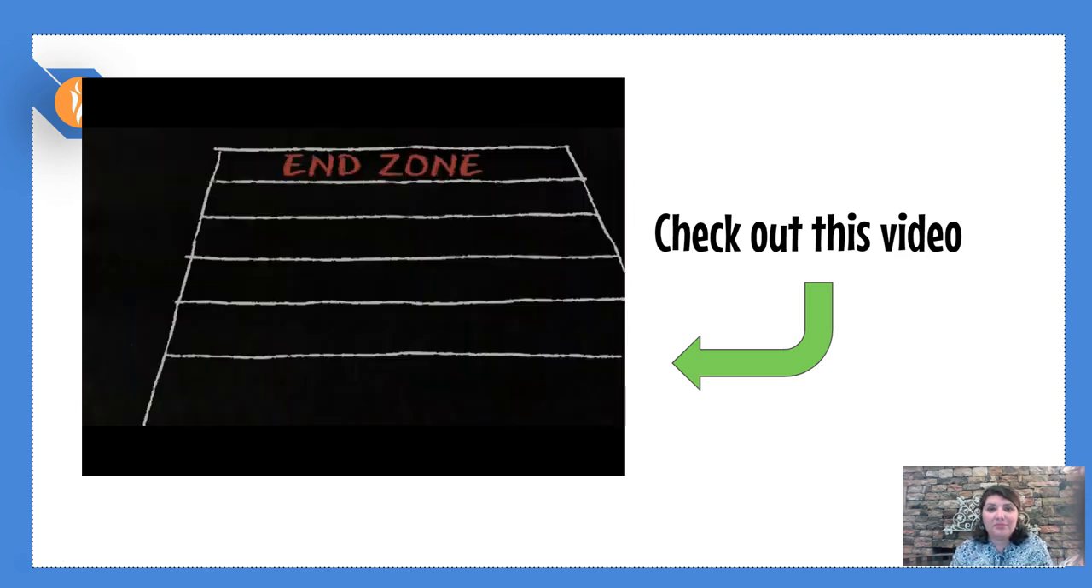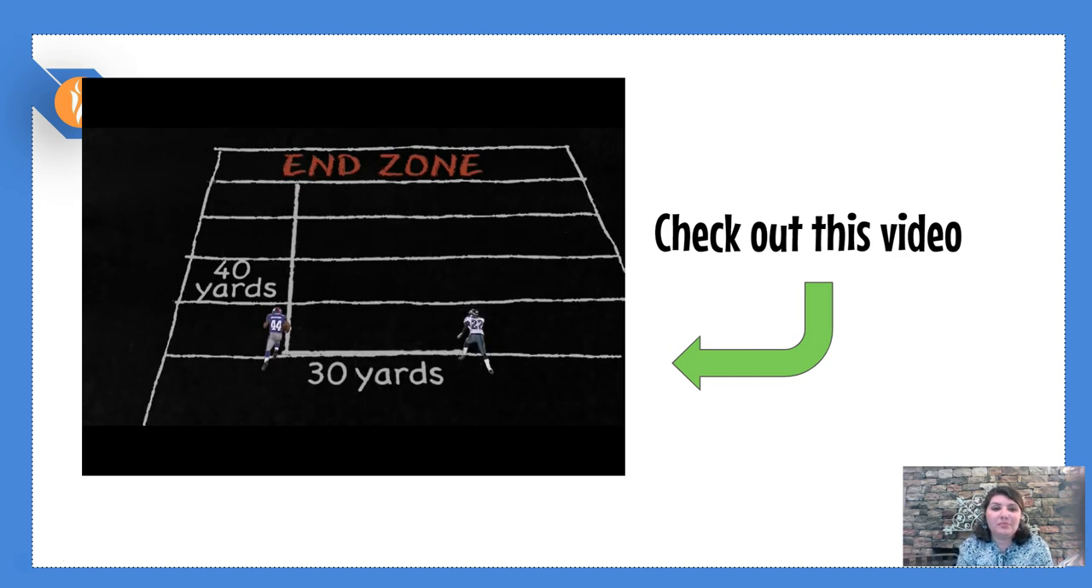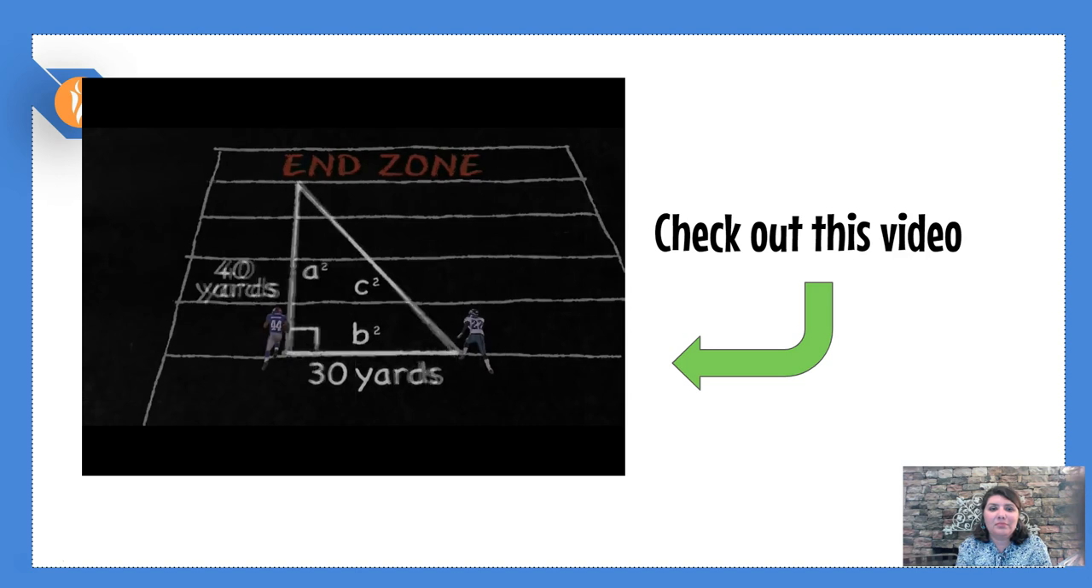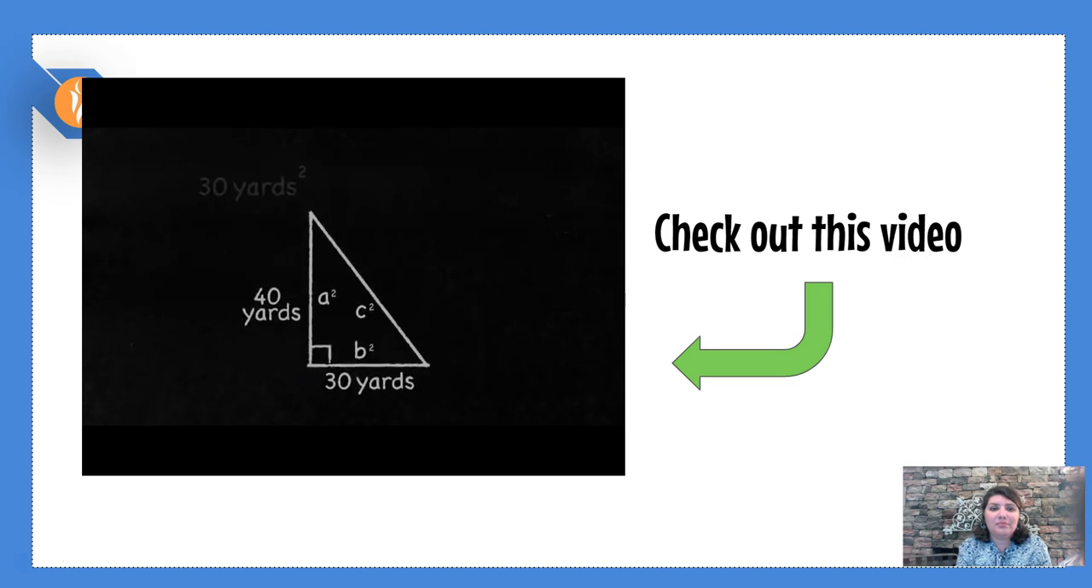Relating this to football, let's say the ball carrier is heading for the end zone, 40 yards away. The defender stands 30 yards away and needs to intercept him. If these two distances are the legs of a right triangle, then the distance the defender needs to run is the hypotenuse. Using the Pythagorean theorem, 30 yards times 30 yards added to 40 yards times 40 yards will give